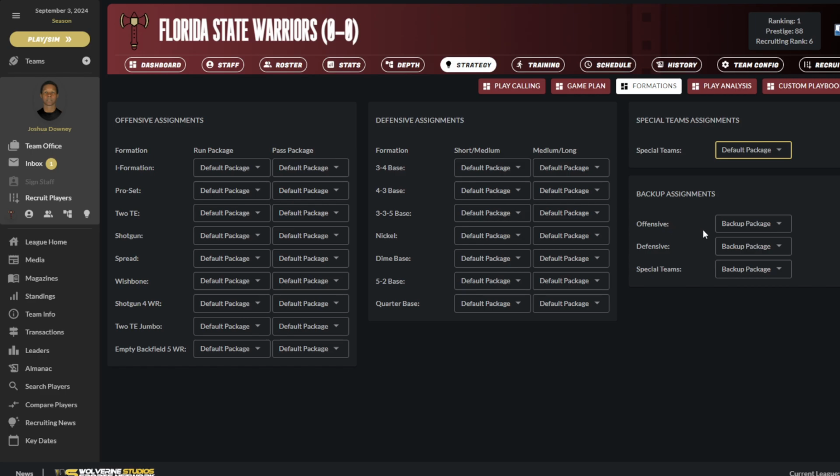And then backup assignments, this is where you might have the backup package that the game creates, and you adjust the backup package, or maybe you create different backup packages that you want to use. Maybe you want to try 3 or 4 different ones, or maybe you have a specific backup package that you want to use for the spring games or